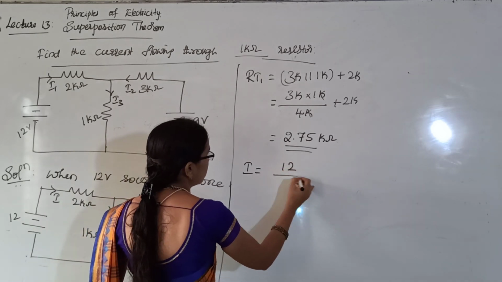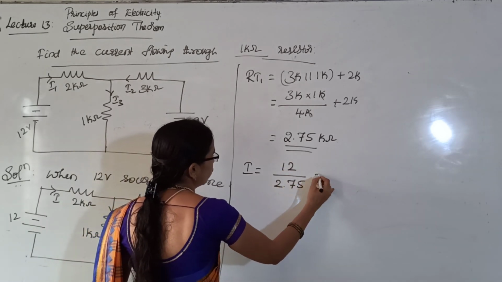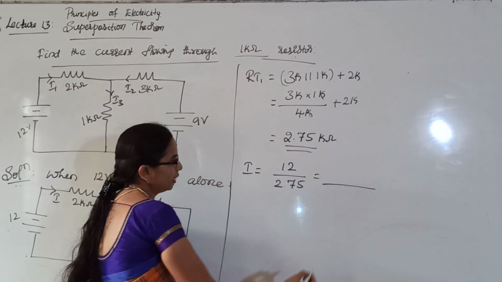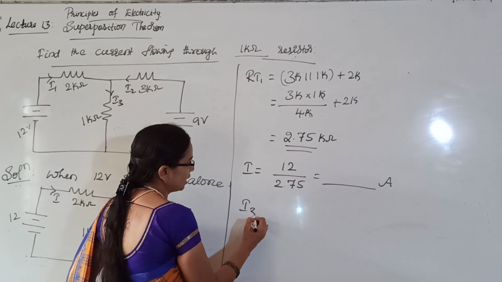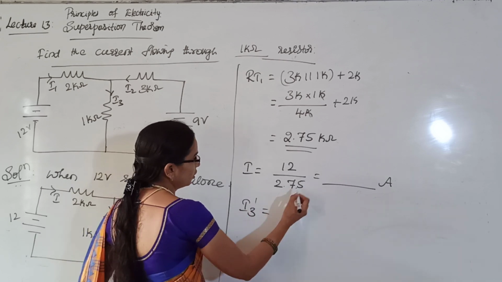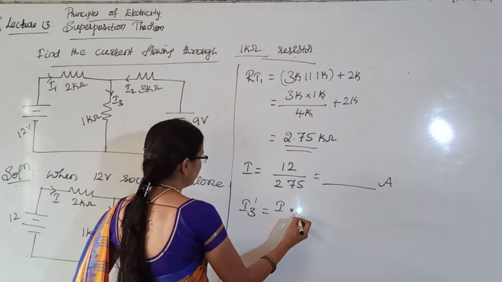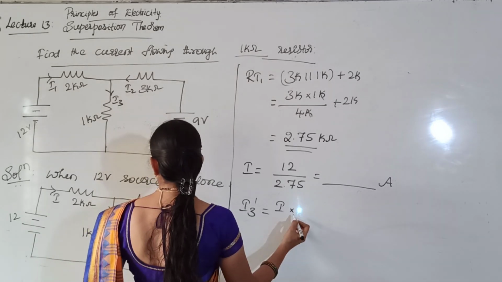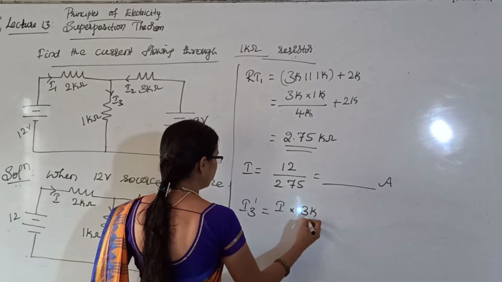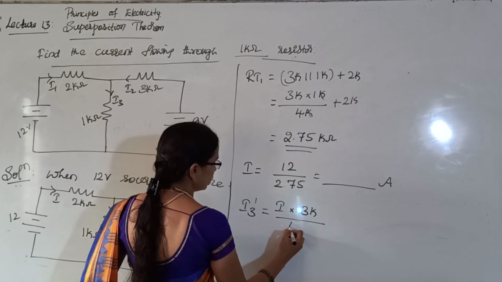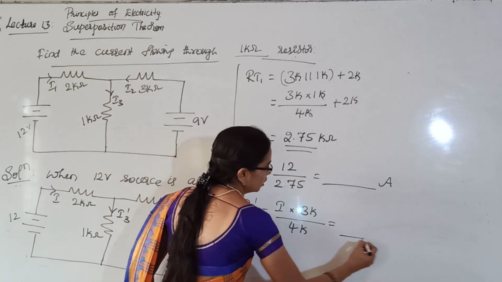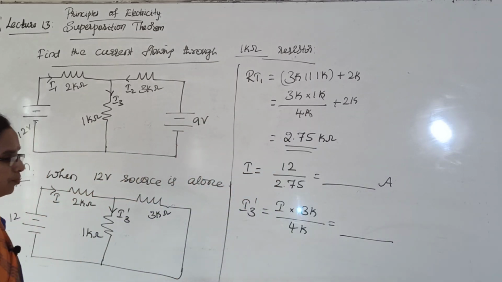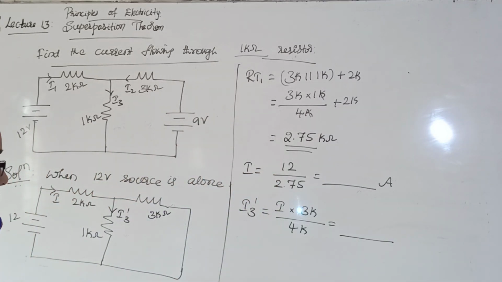Then I will be equal to total voltage supplied divided by 2.75. You will get the value of I. Write it. Then I3 dash, you will do it along with the I into opposite branch resistance, that is 3 kilo divided by 3 plus 1, that is 4 kilo ohm. Then calculate I3 dash, write it. Okay. In the next step,